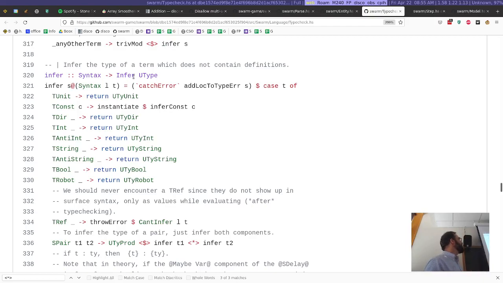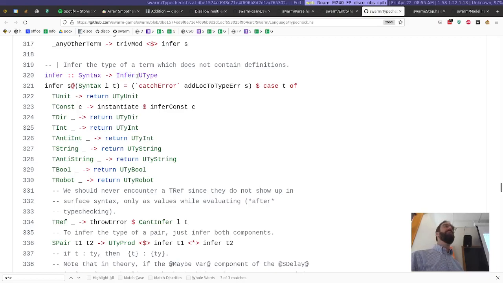It also does things like keep track of variables, right? So it has a context that it's keeping track of. It's like, oh, X has type this, Y has type this. It doesn't really matter. The point is it keeps track of things that we need when we're type checking,